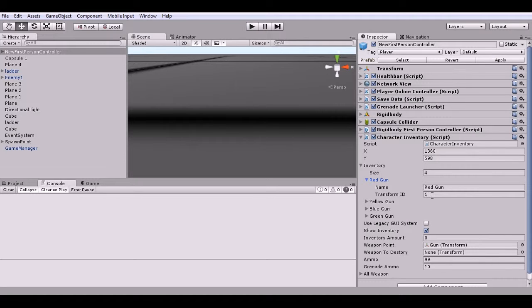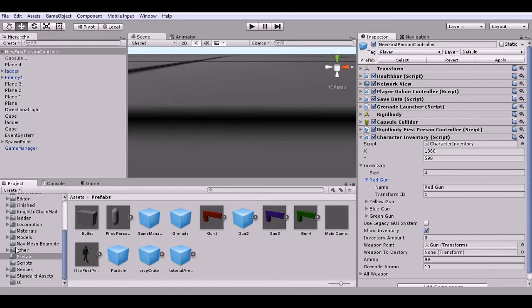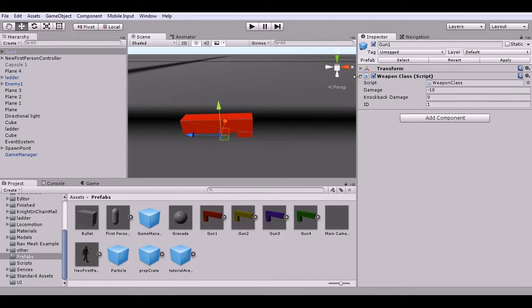See, I have red gun, blue gun. These are actually different guns, as I was saying before. Now you see on this script it has the weapon class, which is the amount of damage we want to do. That must be set, which we want to do -10, and then the amount of knockback damage, which isn't in the current game, and then we have the ID set. Now you see that ID,